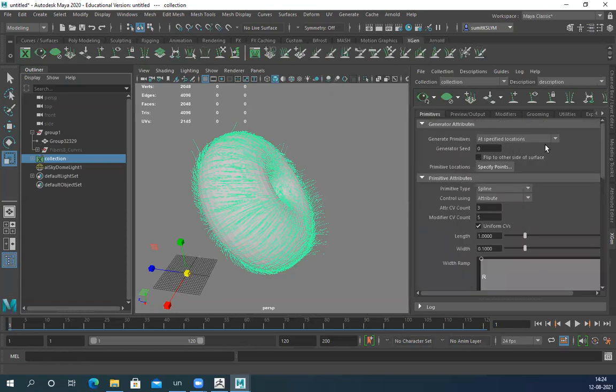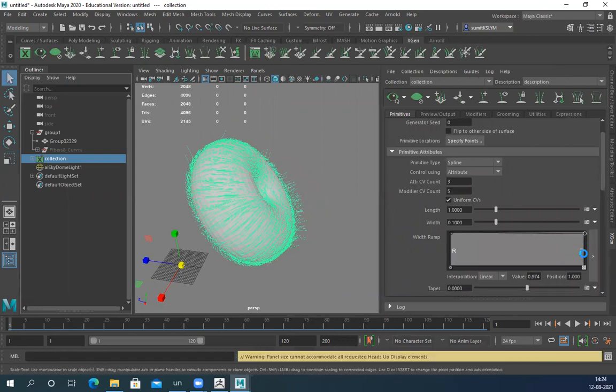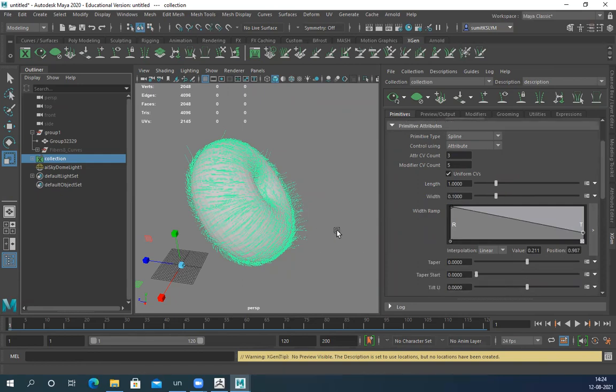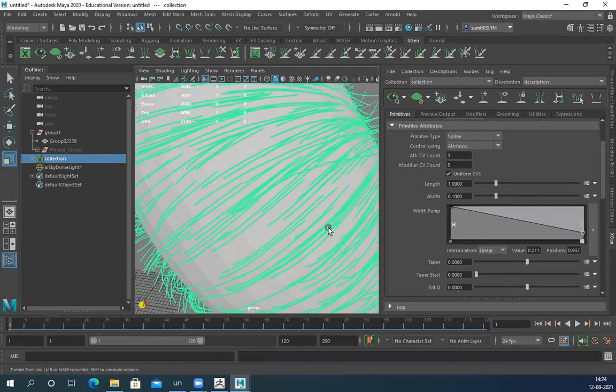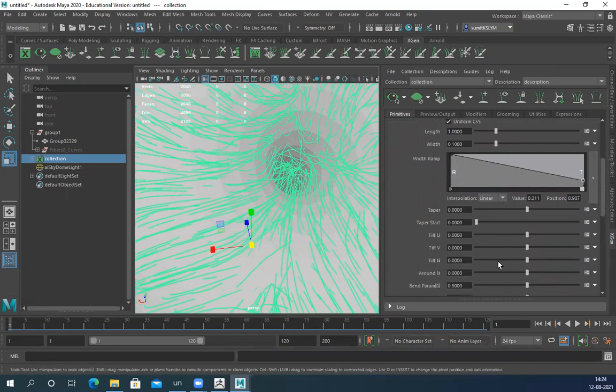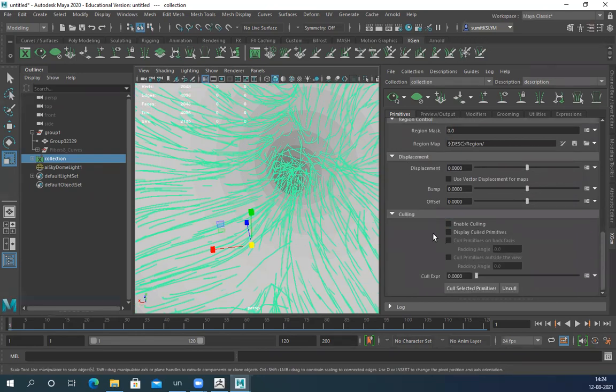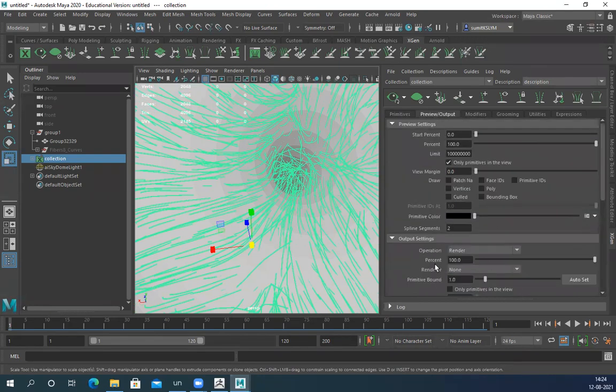Primitive, let's see. Tip is pointy, root is wide. Displacement, where is my material? Preview output.